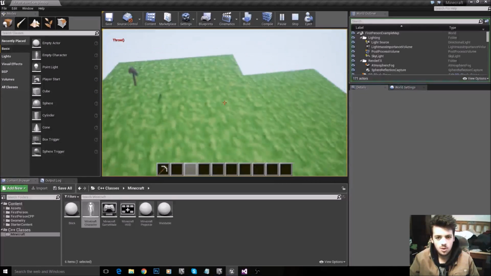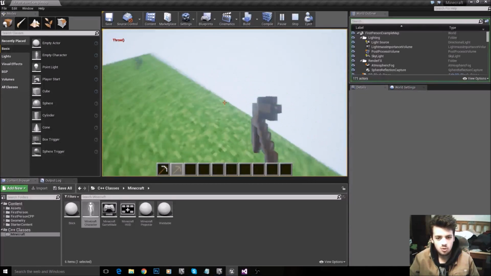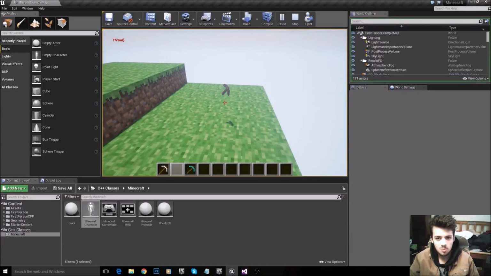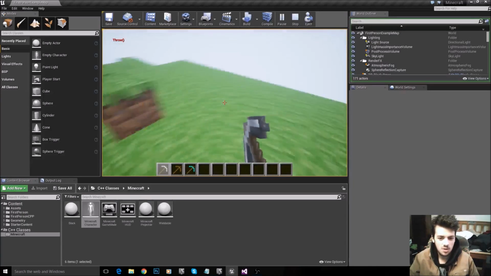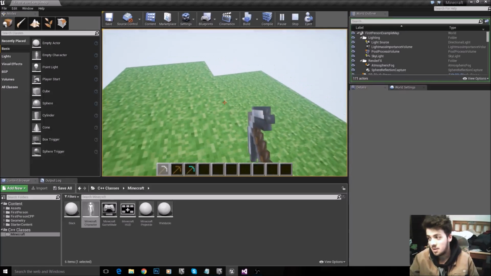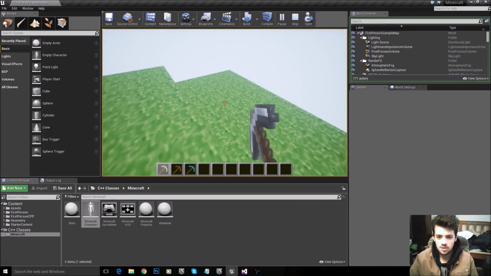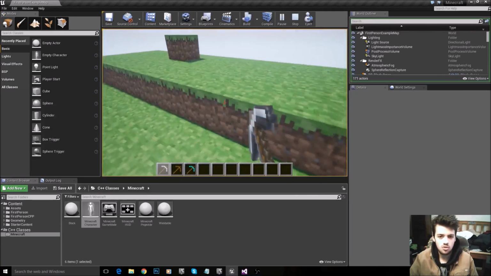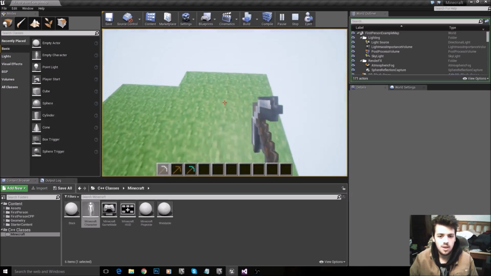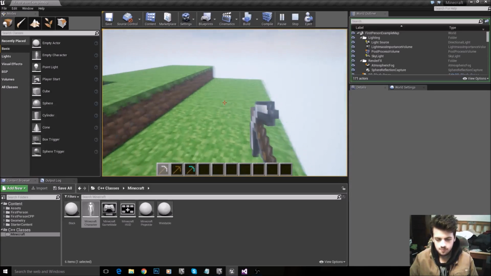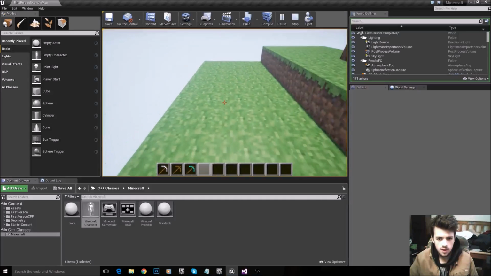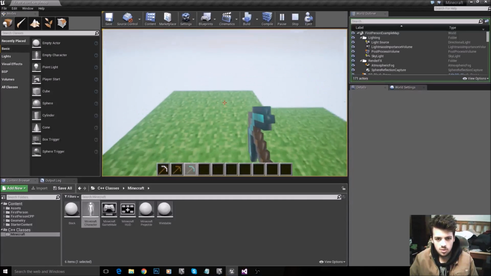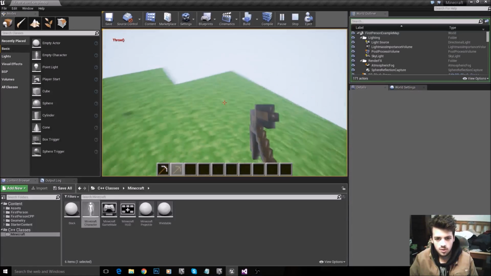But yeah, if you guys were wondering what just happened before, if you drop a pickaxe on top of another pickaxe, it picks it up. And that's because we don't check what's picking the pickaxe up, so if another pickaxe picks the other pickaxe up, then yeah. But that's very easy to fix, and I will fix it in this tutorial. All we have to do is just check if it's the player picking it up. But yeah, that's pretty much it. So in this tutorial, we're going to get the inventory system working like that. And we're going to get the throwable items, so we can actually start throwing the items on the ground.